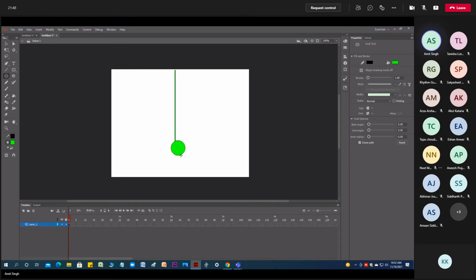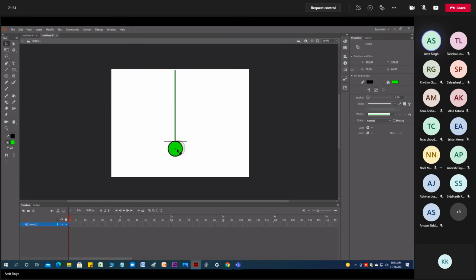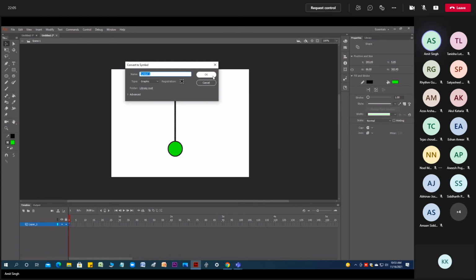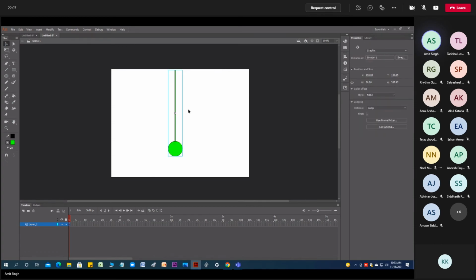Holding shift, it is uniform. Then click the V button, double click. If I select this, then you are destructing it, so rather than this, select in this way. Right click, convert to symbol. Give a name, whatever you want. Then press Q for transformation. Then you can play like this.